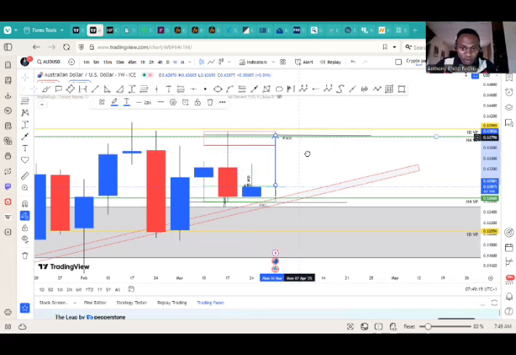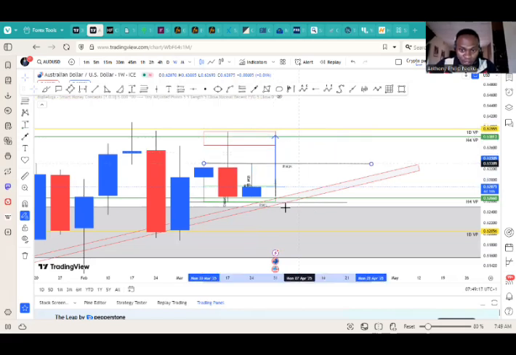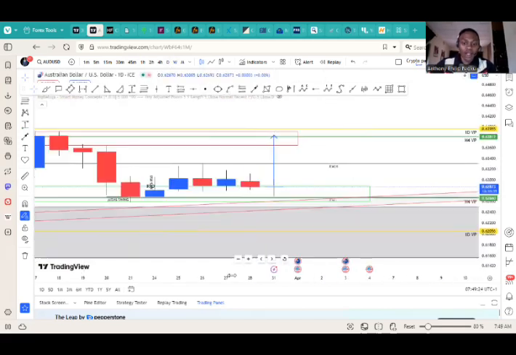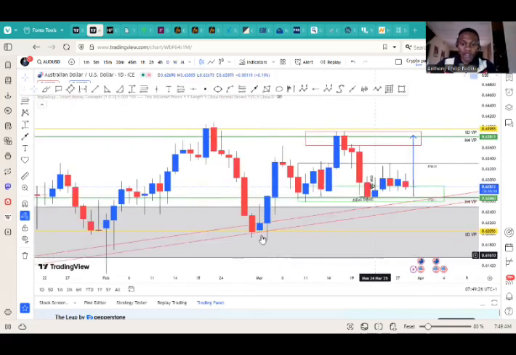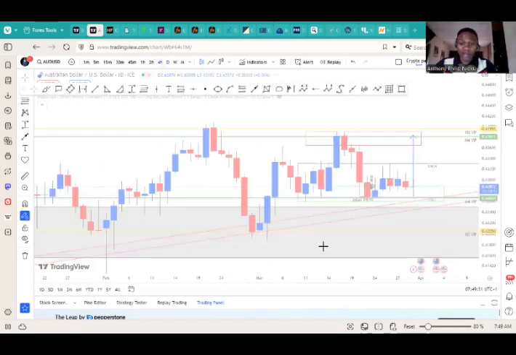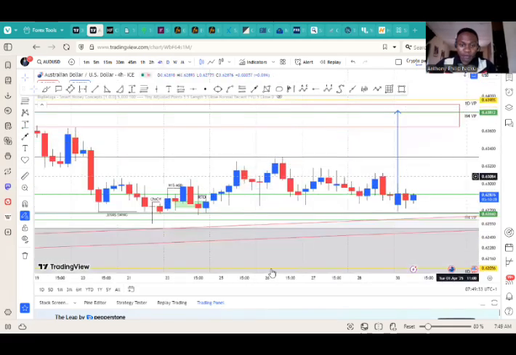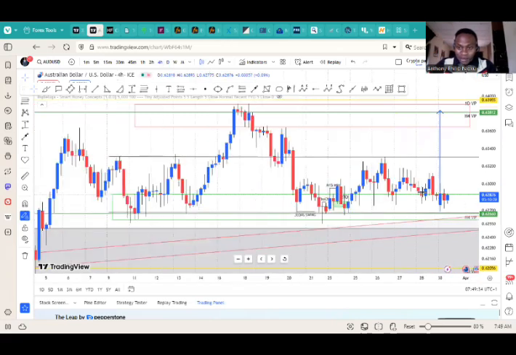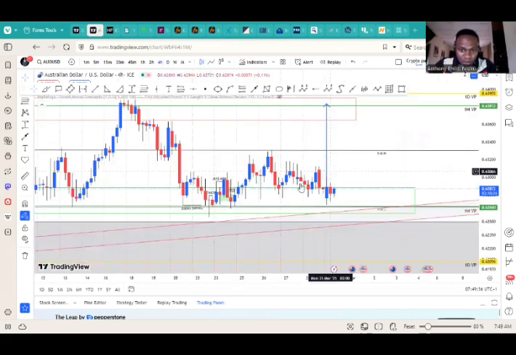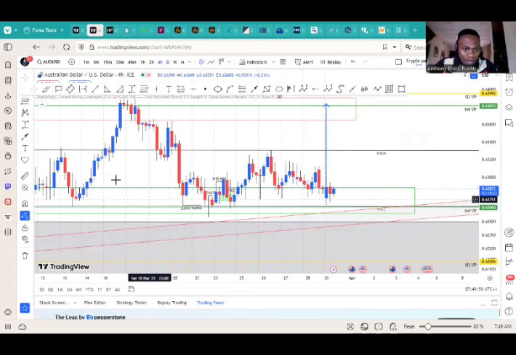So this is the previous week high. And this is the previous week low. Fantastic. Then we go down to the daily time frame. Daily time frame, the bias still holds. Daily demand still holds. Daily supply still holds. Then we go down to the 4 hours time frame. On the 4 hours time frame, this is now the new 4 hours demand.